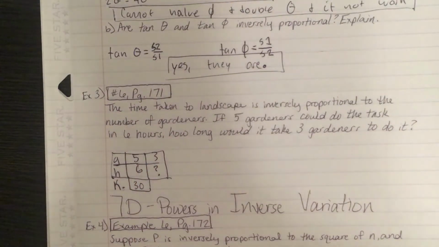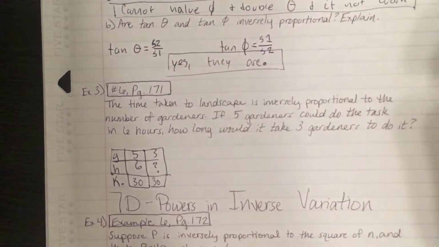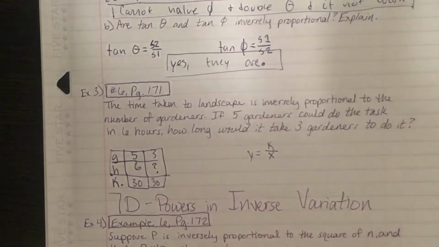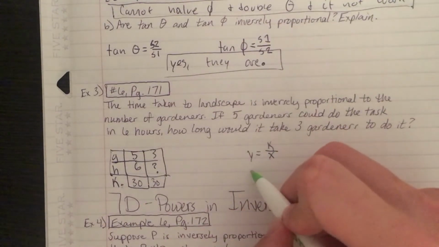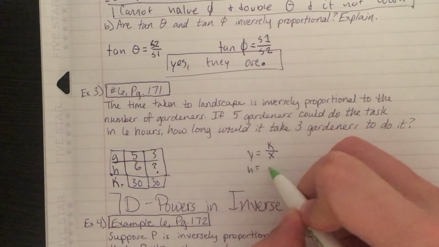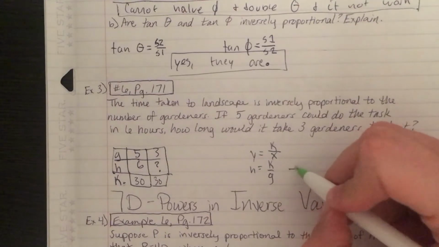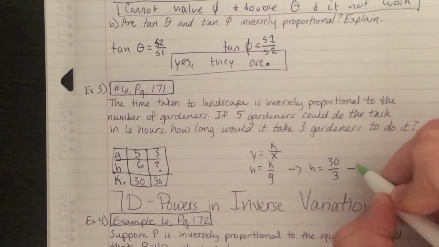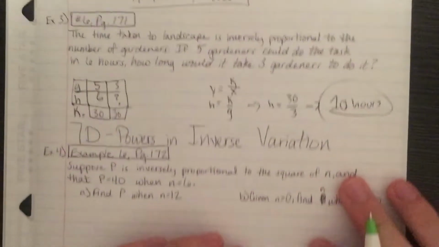And so now we need to ask ourselves, well, 3 times what is going to give us 30? And in your head, you should probably be saying, oh, well, that's actually probably just going to be 10, Mr. Price. And again, if you would rather use the equation for inverse variation to do that, just turn this into H is equal to K over G. And so then H here would be 30 divided by 3, which would be 10 hours. So that's some pretty basic